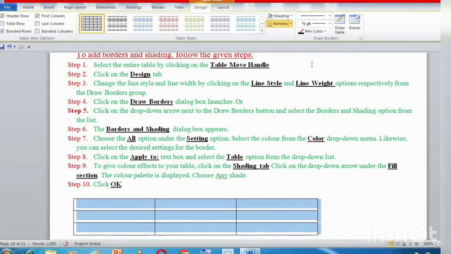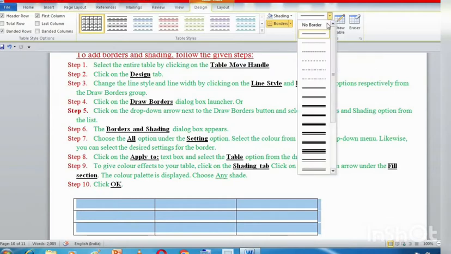So see, we have to click on the line style and line weight options respectively from the draw borders group. So this is the draw borders group. See, this button is the line style button. When I go to this button, the line style option is coming. So if I click on this line style, see, this is no border.